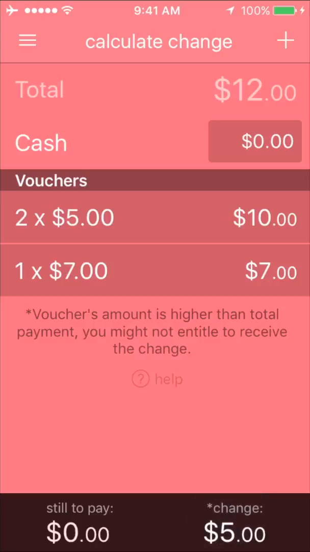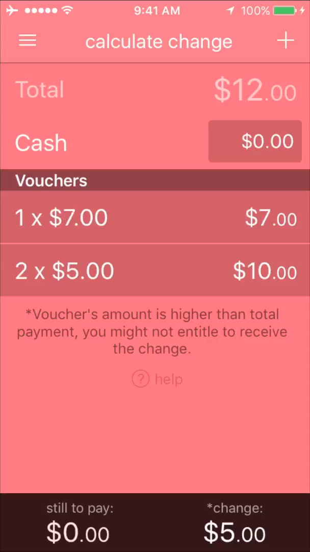Now, in the lower bar, you can see the change that you are supposed to get if the shopper agrees to give you a change on coupons. Of course, nothing else needs to be paid with credit card or cash. No more need to do confusing calculation with vouchers, just trust Telly. Every time you add a new product, with or without scanning its barcode, Telly memorizes it in the product archive.